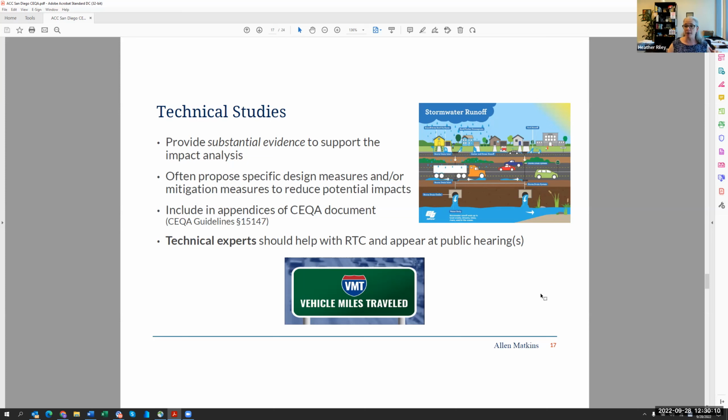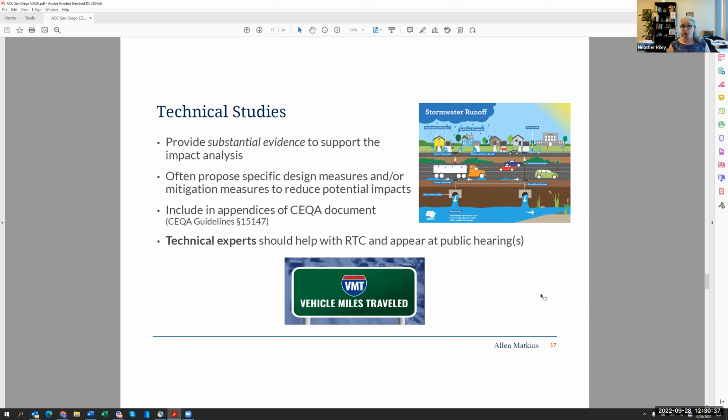I often say we're talking about a third grade reading level. Thank you, traffic experts. Thank you, air quality experts. But if my third grade kid can't understand that, we're not doing our job. So we have to translate between those two different audiences. But the technical studies have to be very technical, because when I am standing in front of a judge, I have to be able to say those experts know what they're talking about. That is my substantial evidence in the record.